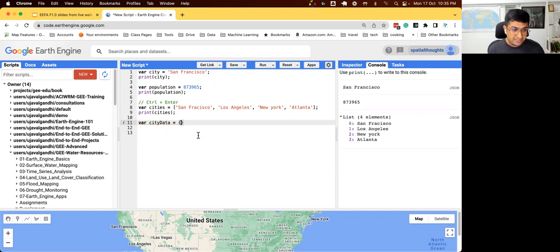So a dictionary consists of 2 things. Each item has a key and a value. So the name of the item and the item itself. So let's say I have an item called city, and its value is San Francisco. I put comma, I put the next item, say coordinates, and I put the coordinates of San Francisco